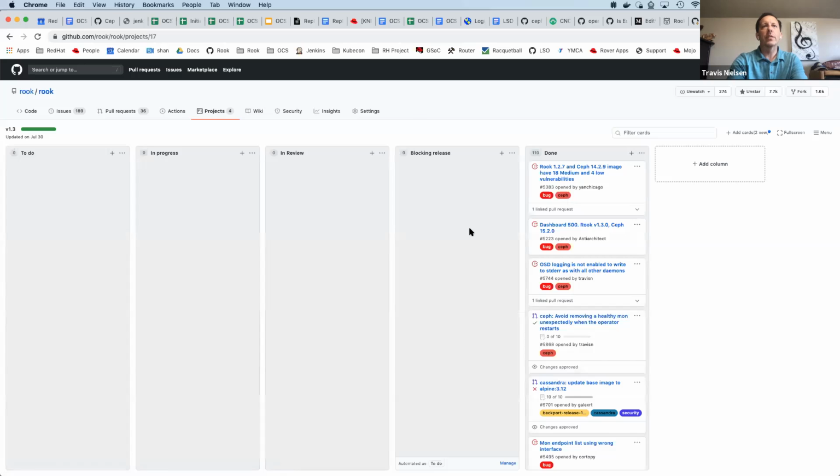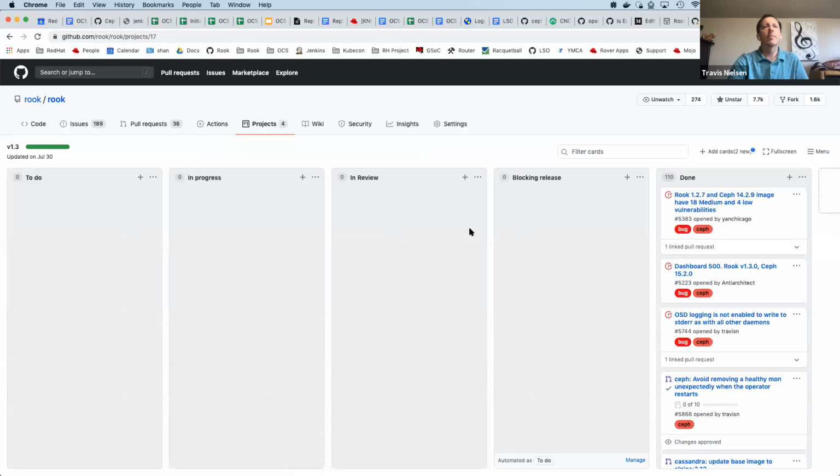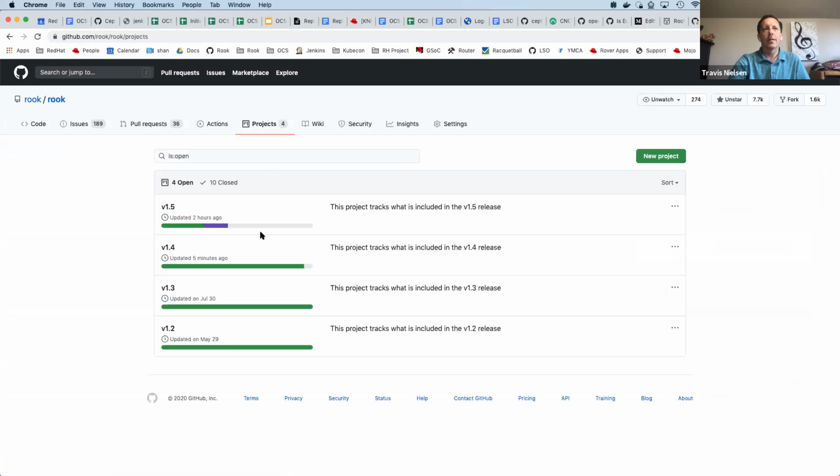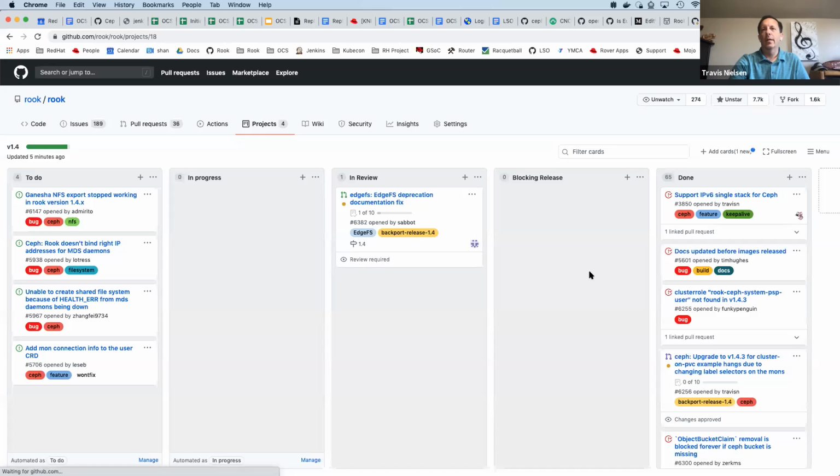A couple weeks ago I tried to make a pass through this and make sure nothing else was needed for 1.3, and it's clear. Is anybody aware of anything needed for 1.3 though, before I assume that we're good? I'll take that as a no, and we'll go on to the 1.4 board.